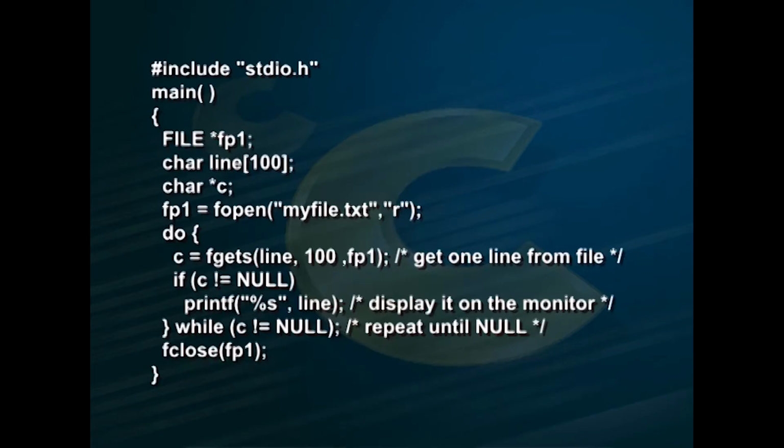See this example. #include <stdio.h> main() { FILE *fp1; char line[100]; char *c; fp1 = fopen("myfile.txt", "r"); do { c = fgets(line, 100, fp1); if (c != NULL) printf("%s", line); } while (c != NULL); fclose(fp1);